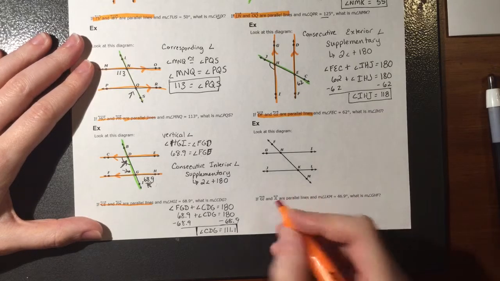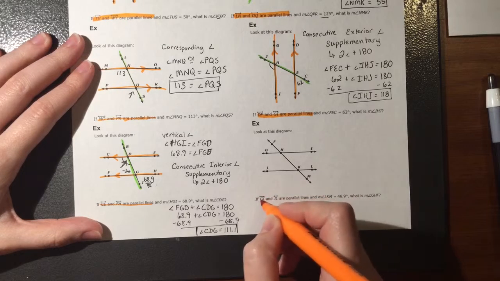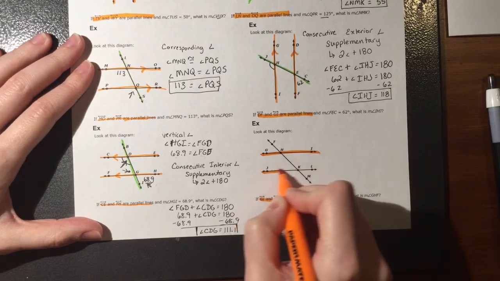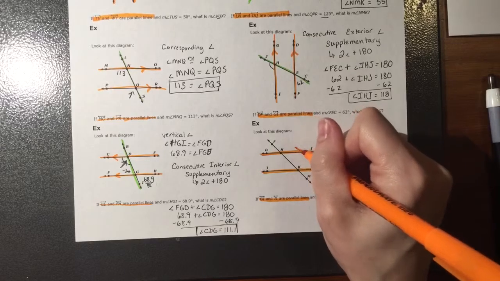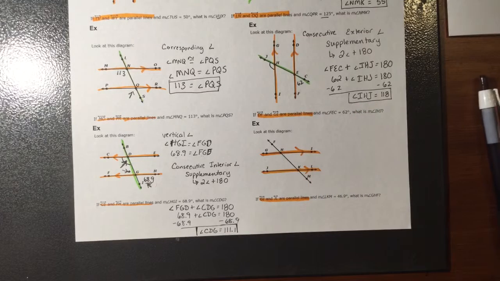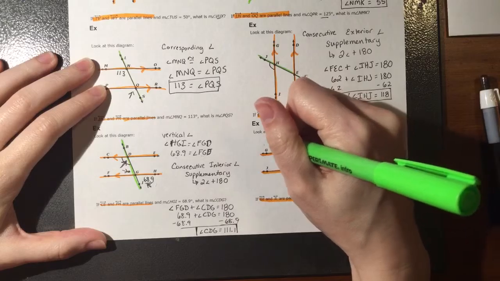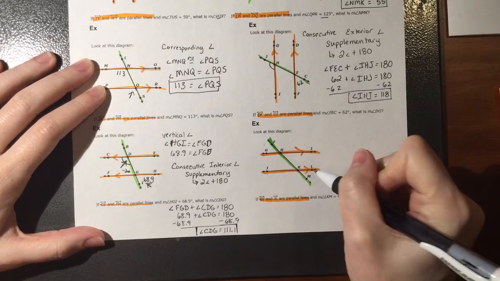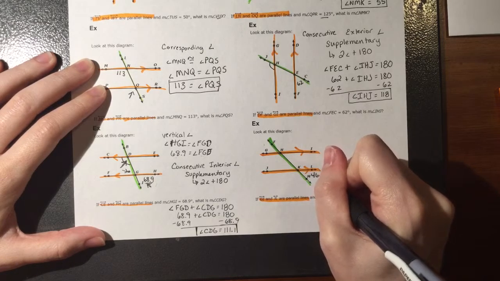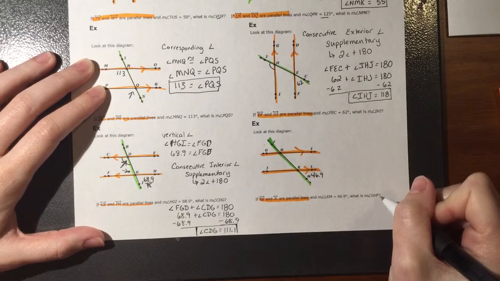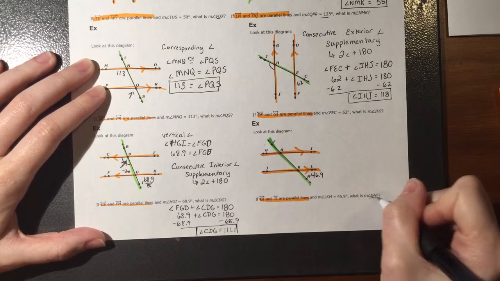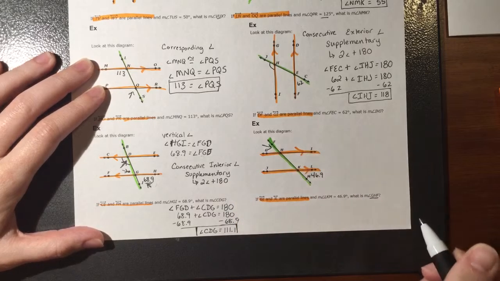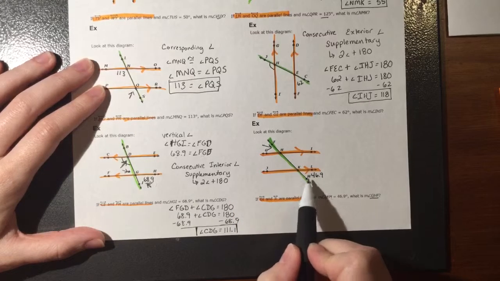Looking at the next one, we've got GI and JL are parallel lines. So there's our GI, there's our JL, and they're telling us that those two lines are parallel to each other. So given two parallel lines and a transversal, they want us to show how LKM, which is 46.9, is related to and can give us the answer for angle GHF. So we're looking at that one right there. So LKM